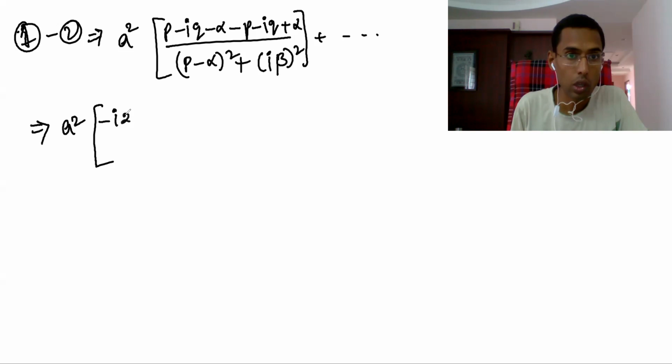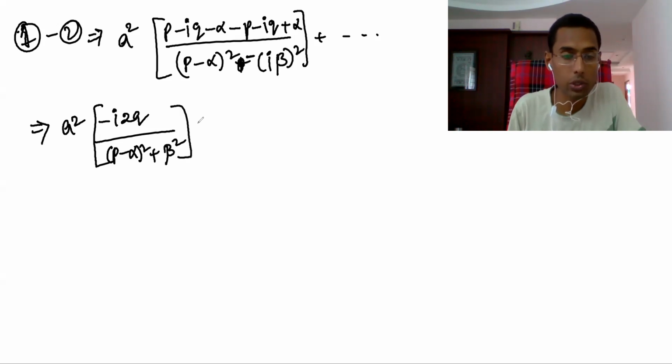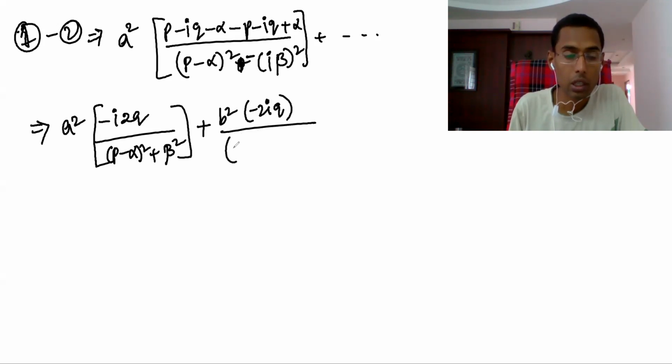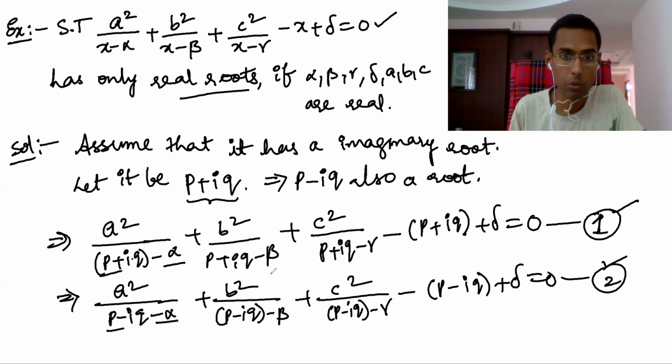2iq by, so (p minus alpha) whole square plus (i beta) whole square minus, I'm sorry, a square minus b square, so plus b square you are going to get. This is the first term. And the second term, this also b square, if I take minus 2iq by, this is your p minus, same thing here, but beta is there, p minus beta,